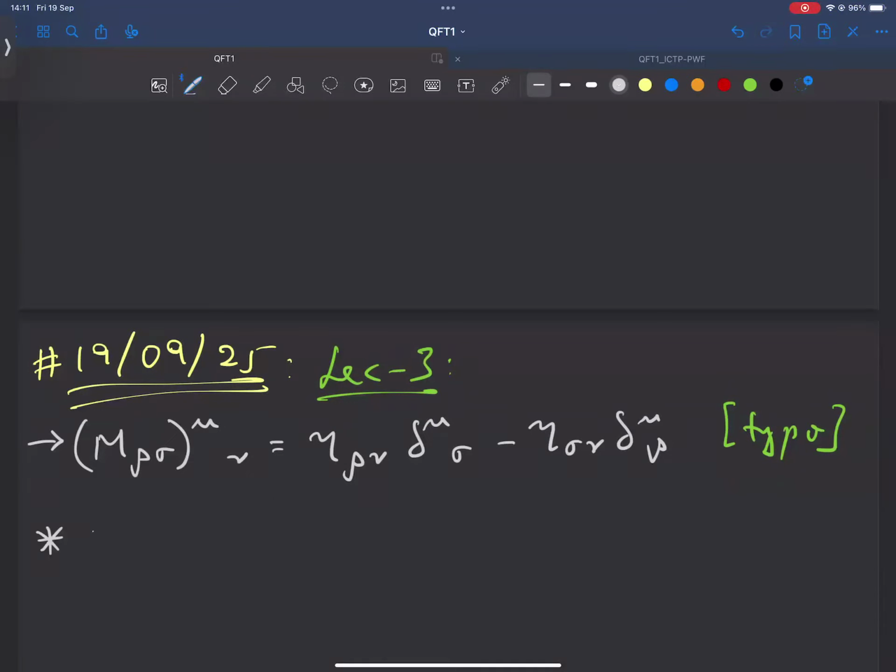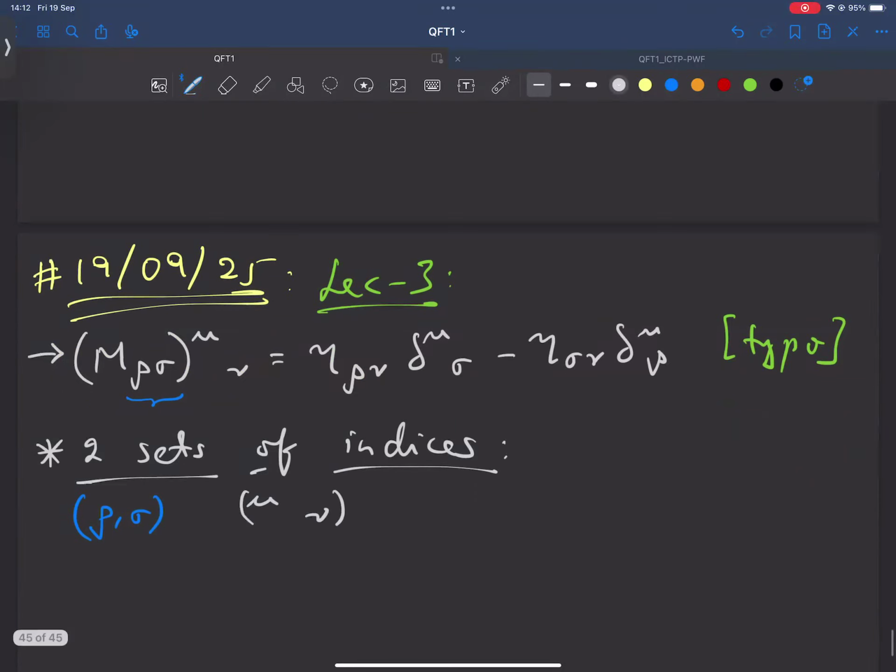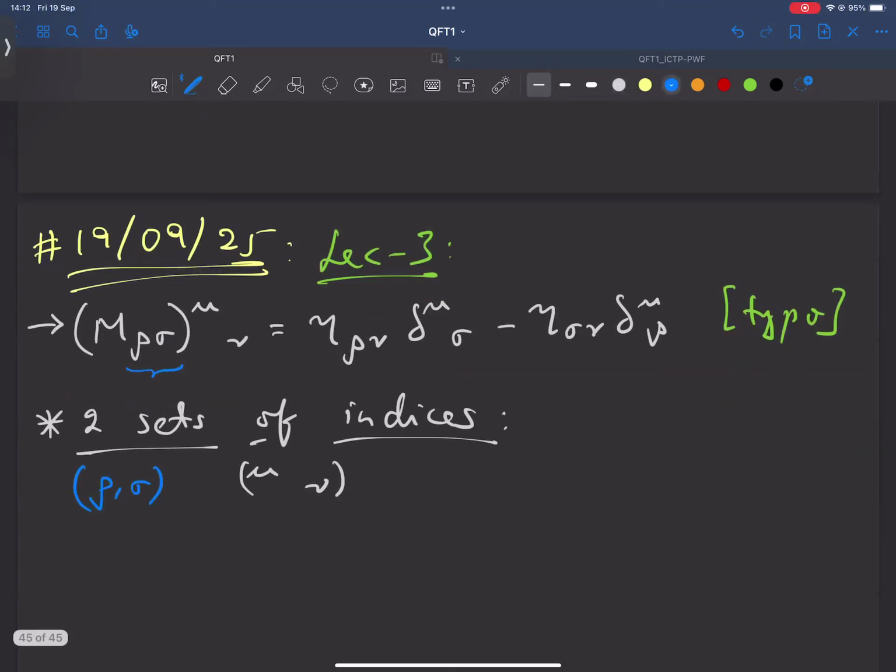So we see that there are two sets of indices here. And this was also a question last time when I committed the mistake. I was not being a bit careful. So let me explain these. There are two sets of indices, rho, sigma, and then indices mu and nu, which are written up and down. This rho and sigma, you see, they actually label the generators of transformations,